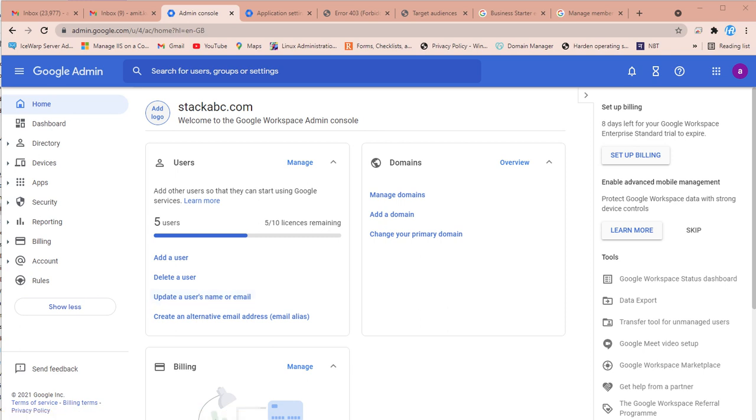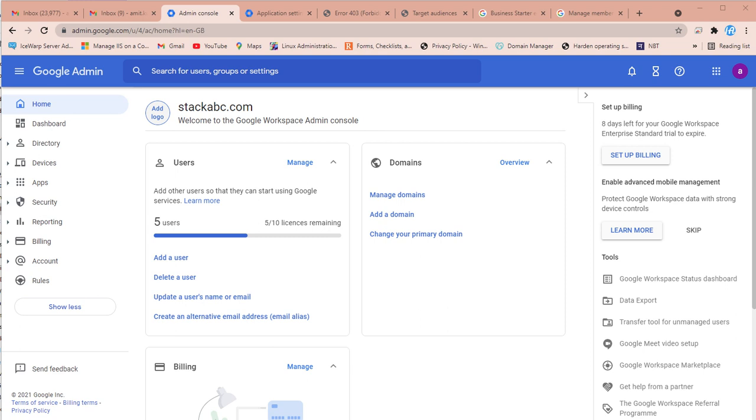Hey friends, in this video we will learn about the most awaited feature, that is dynamic group. Dynamic group is already used in Office 365. Now Google has also launched this feature for IT administrators, so they can add or remove users as per the attribute value. So if any account has the attribute IT, or multiple users have the department IT, we can add the multiple users concurrently by creating a dynamic group.